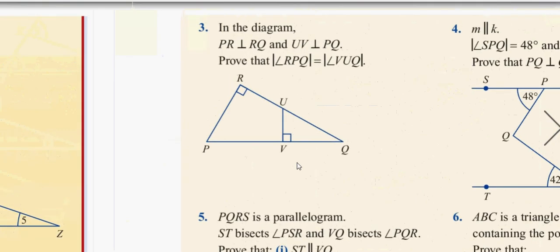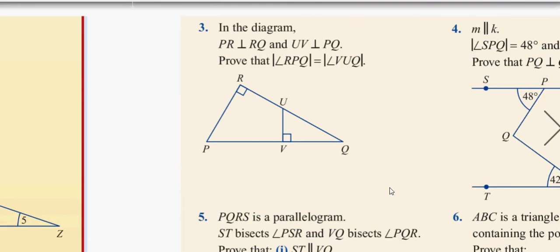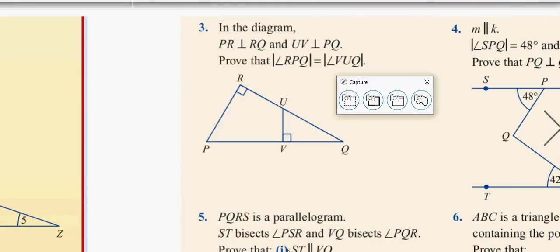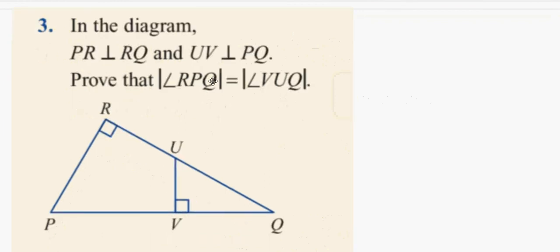There's question 3 I mean. So question 3. Let's have a look see. From the diagram, PR is perpendicular to RQ and UV is perpendicular to PQ. Prove that RPQ, R to P to Q, which we'll call angle 1, equals